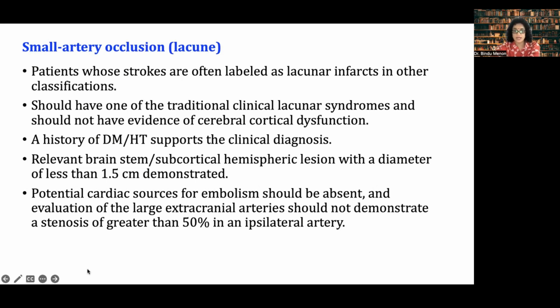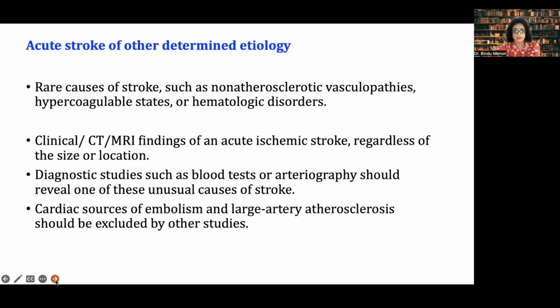And other cardiac sources of embolism, and a large artery stenosis of greater than 50% in an ipsilateral territory, should not be there. Rare causes of stroke. Now we come to the TOAST classification 4, acute stroke of other determined etiology. Here we are talking about hematological disorders, thrombophilia, sickle cell disease, hypercoagulable syndromes like protein C, S, antithrombin 3, factor V Leiden, and non-atherosclerotic vasculopathies, the vasculitis, Takayasu's disease,